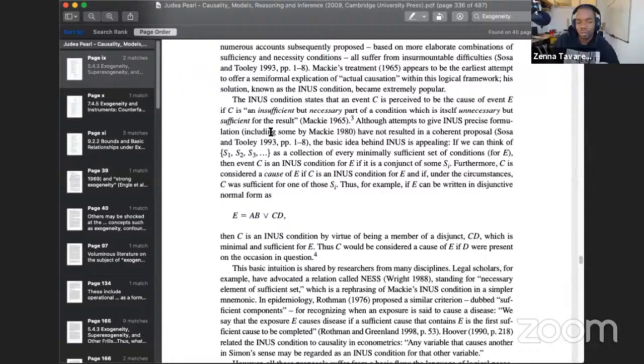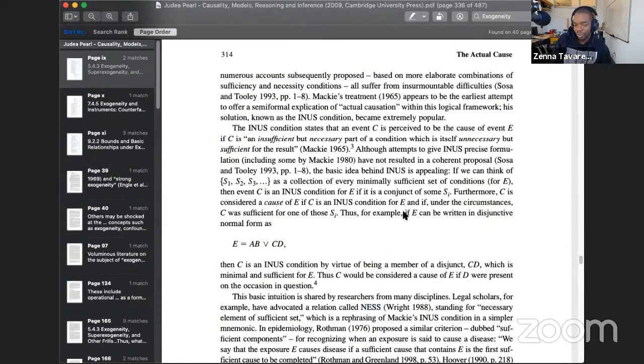I don't know which version of Pearl's definition he goes into here, but he and Halpern have three. And then there's this INUS condition, and then there's this paper which I told Robert about, by a philosopher called Strevens, who takes this INUS condition and spins it in a different light to handle some of the shortcomings. But this is a philosophy paper. I find it really interesting. It's not a mathematical paper.